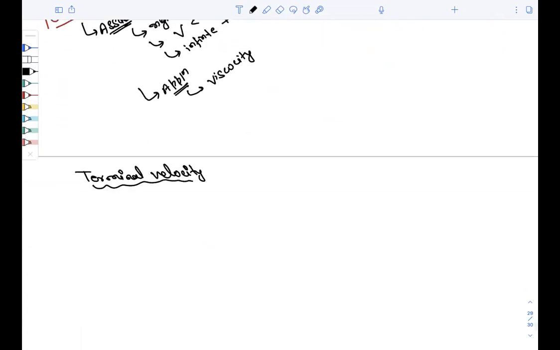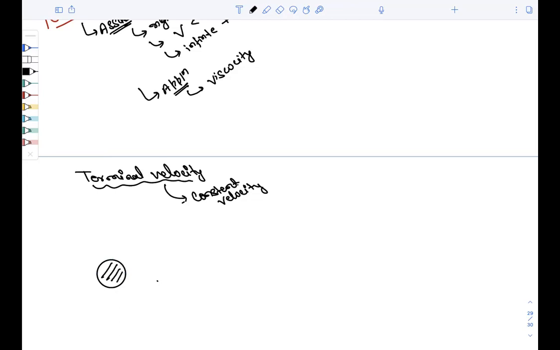So terminal velocity is essentially a constant velocity. And at this point of time, all the net external forces balance out each other and the body is moving with a constant velocity inside the fluid. Now, the equation of motion, if you want to write, if a body,